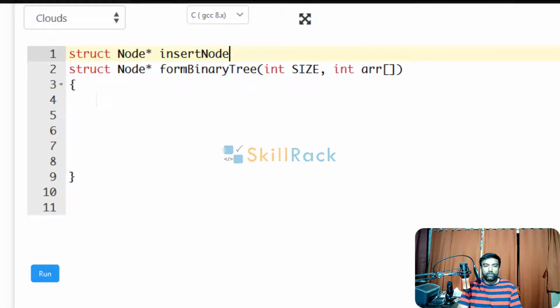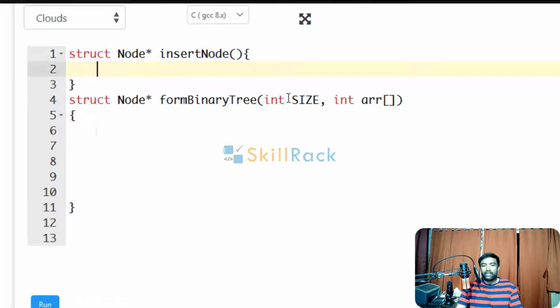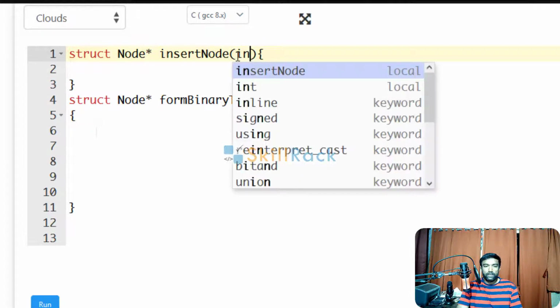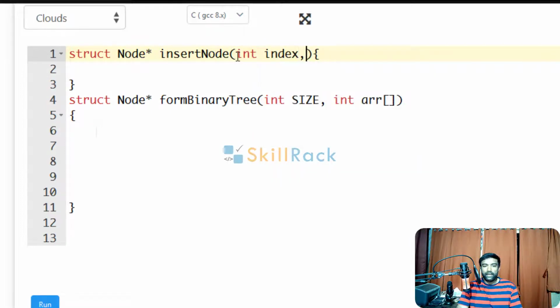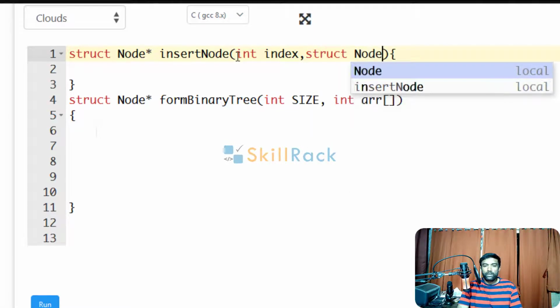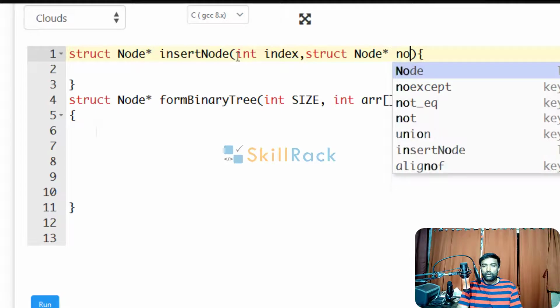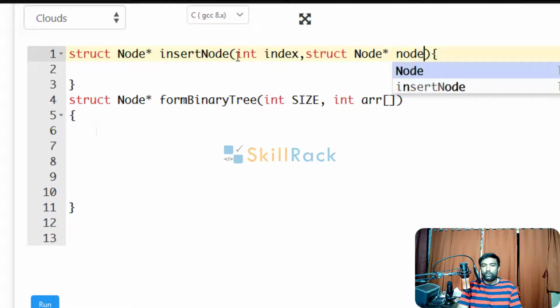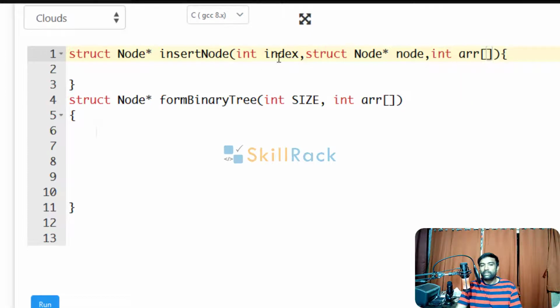It will accept the index value of the element, so int index, and also a node pointer, which is the parent node pointer, struct node pointer node. We will also give the array as the input, because using the index we have to retrieve the value from the array.